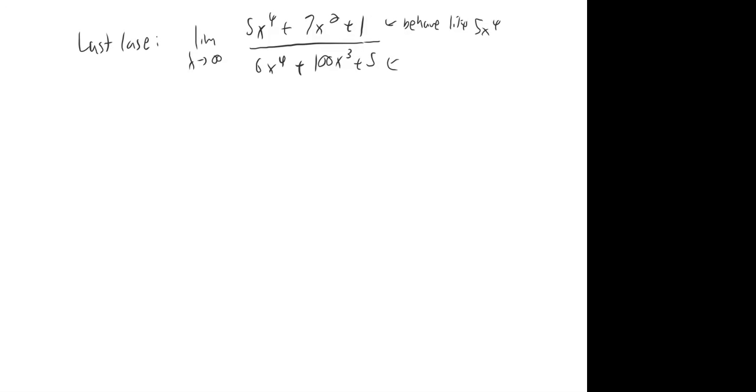Yeah, so I sort of exaggerated the 100 just to tell you the coefficients don't matter, right? The best way to think of why coefficients don't matter is just take the constant. If I had 6x to the fourth plus 1 million, the 1 million is irrelevant when x goes off to infinity, because x will be way bigger than 1 million. So don't be fooled by the 100. Okay, so this behaves like